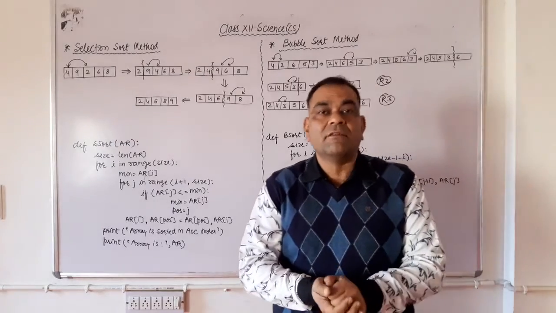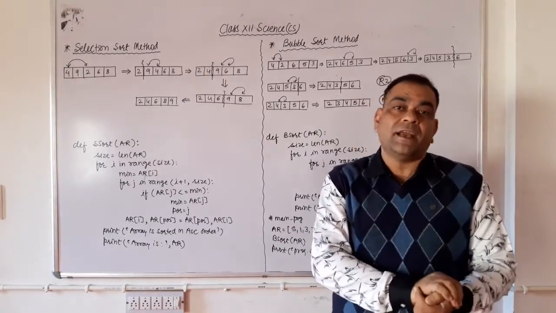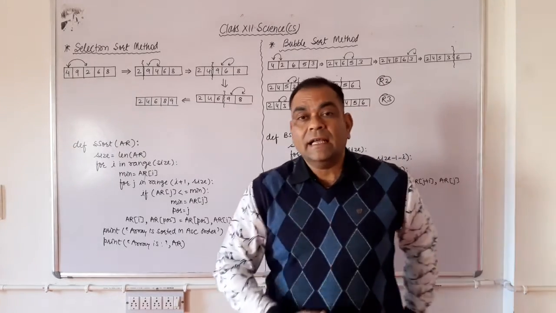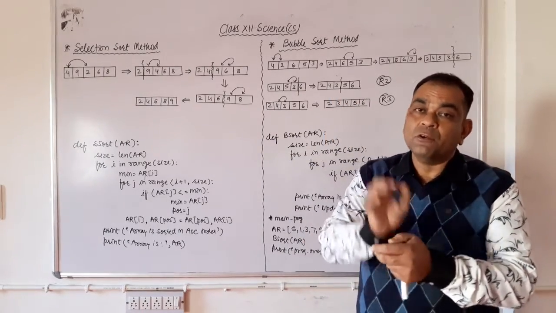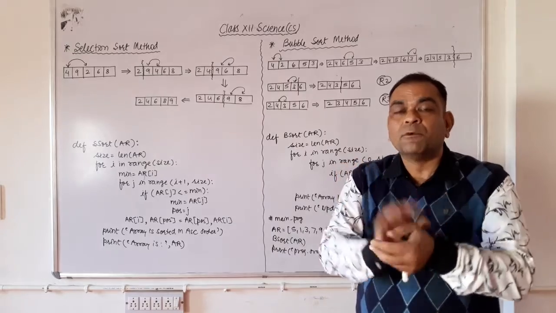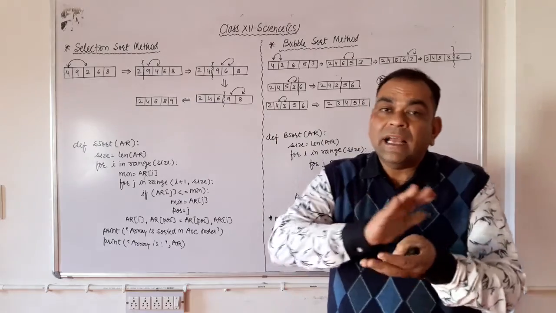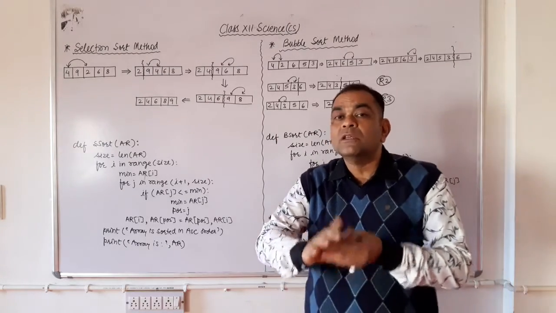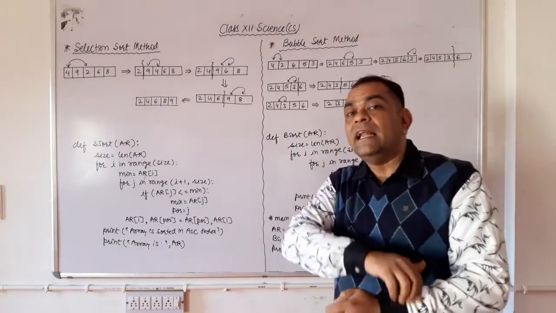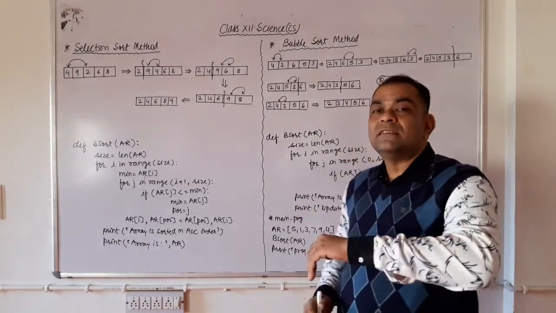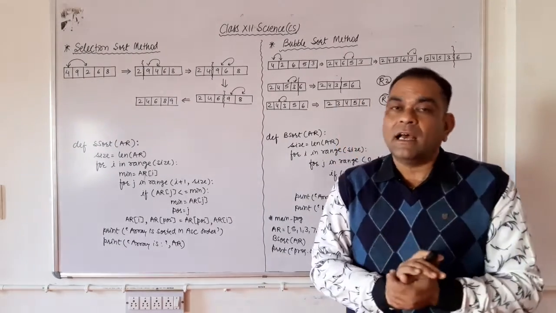Here in this video lecture we will discuss how to sort an array. To sort a list, one inbuilt function of Python is available. If you use list.sort() and put the brackets, automatically the list elements are arranged in ascending order. And if you want to arrange your list in descending order, then you just use reverse=True in the sort inbuilt function.